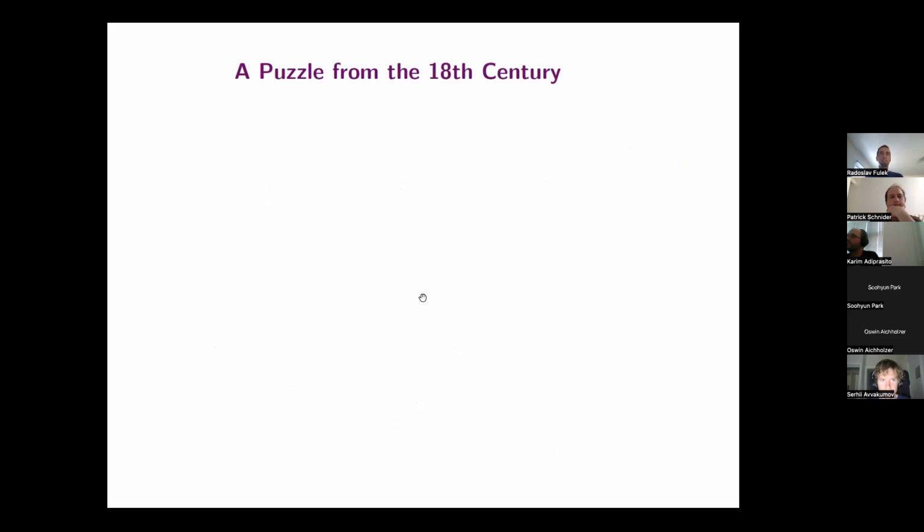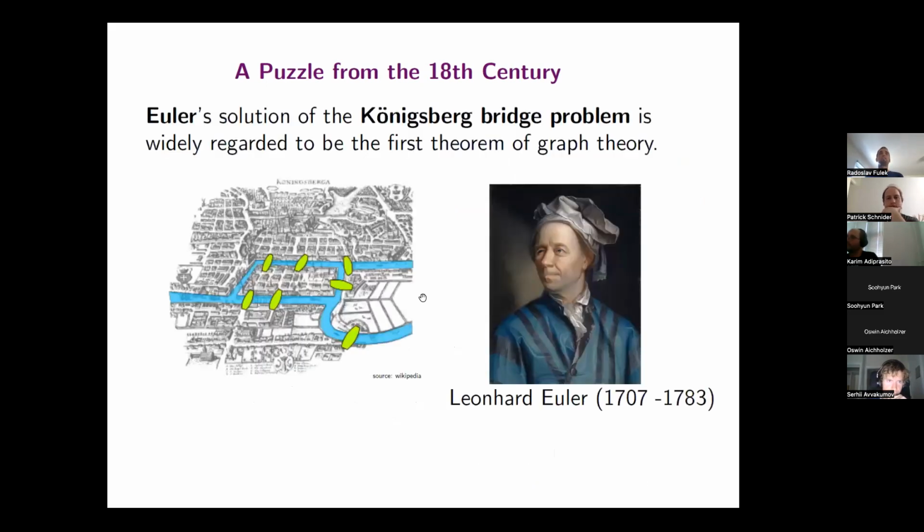Now the second, perhaps more well-known puzzle comes from the 18th century. The previous puzzle can be conveniently modeled by a drawing of a graph, where each house and a gate was a vertex, and roads and the fence were the edges, right? But in fact, only the 18th century is considered as a starting point of graph theory,